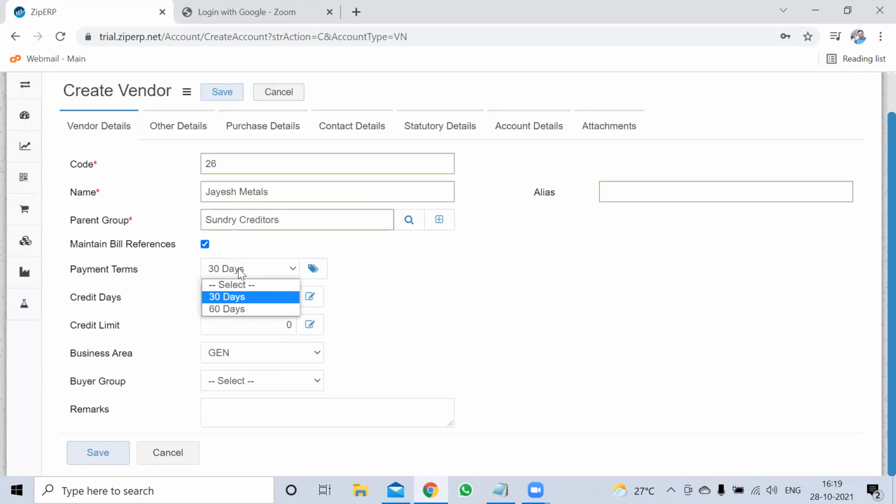Under which group is the vendor, under the sundry creditors or under the vendor? Because it will be reflected in your balance sheet, trial balance, and trading account. Raw material purchase will be the group of buyer. This is for credit for materials.